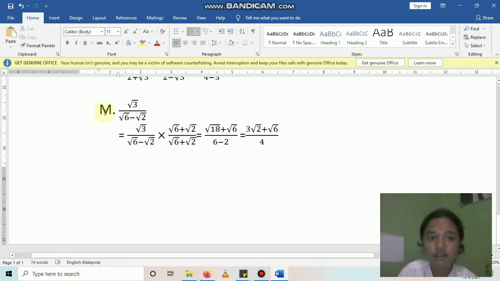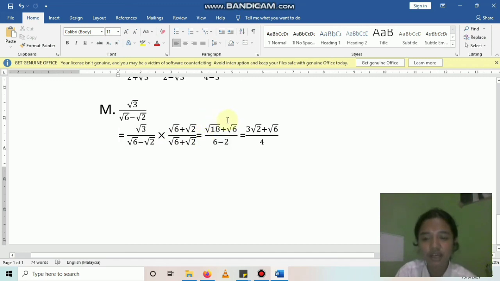Next, the square root of 3 divided by the square root of 6 minus the square root of 2 equals the square root of 3 divided by the square root of 6 minus the square root of 2, multiplied by the square root of 6 plus the square root of 2, equals the square root of 3 multiplied by the square root of 6 plus the square root of 2